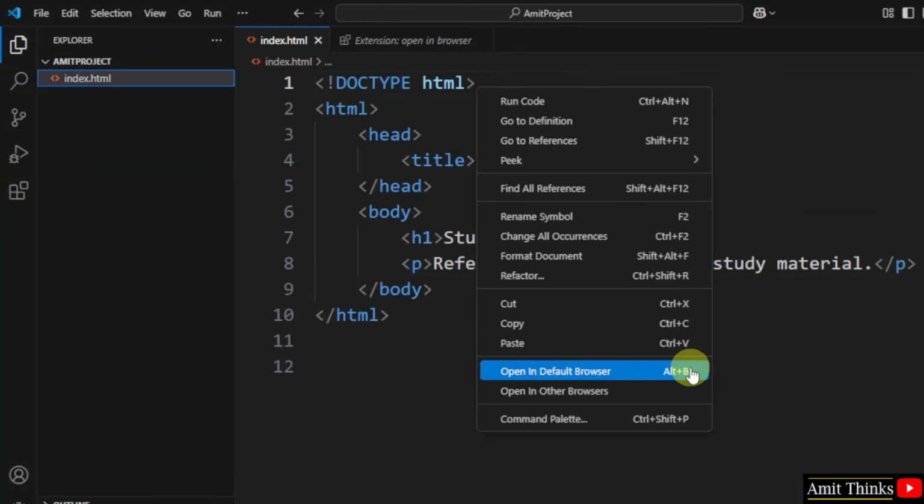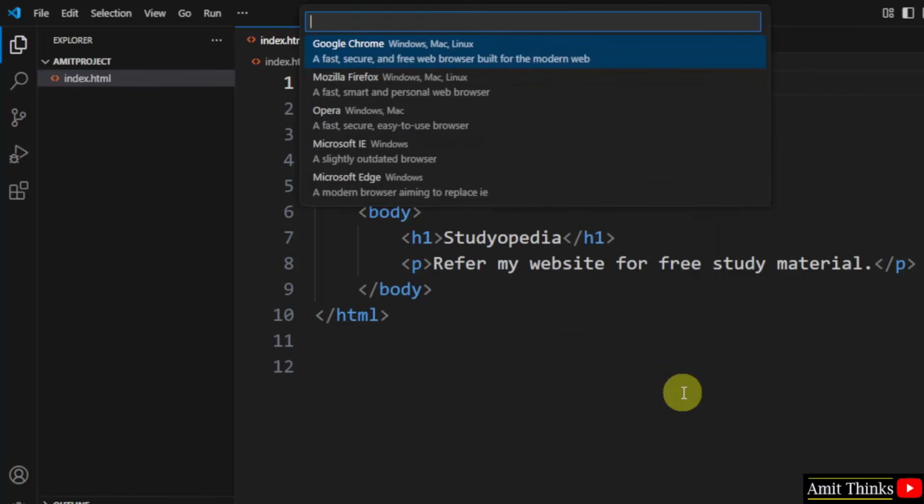When you right click now, two new options are visible. Open in default browser or open in other browsers. Okay, click on any one of them. Let's say I'll click open in other browsers and the options are visible. Okay, on which web browser you want to run this, you can select. I'll click on Google Chrome